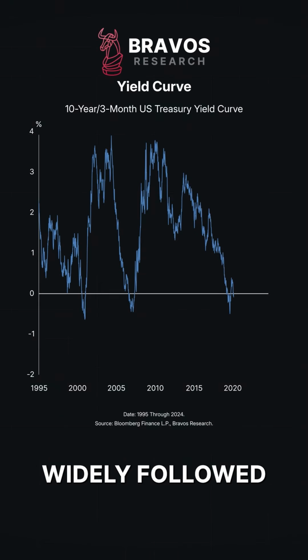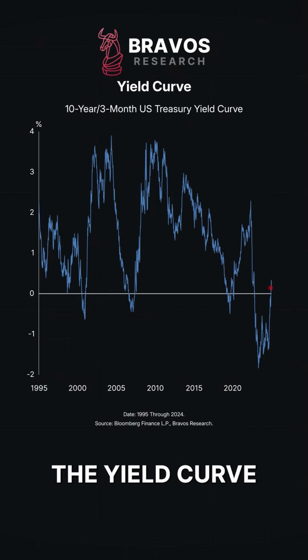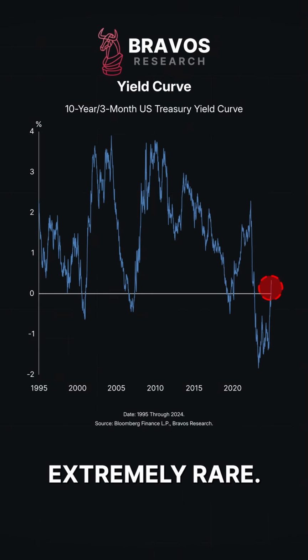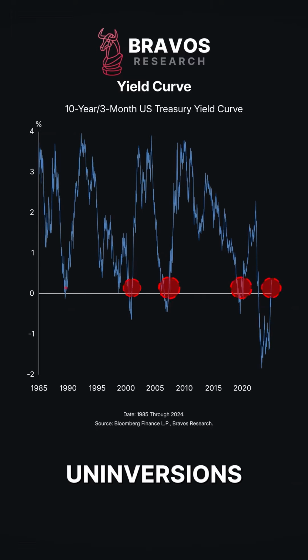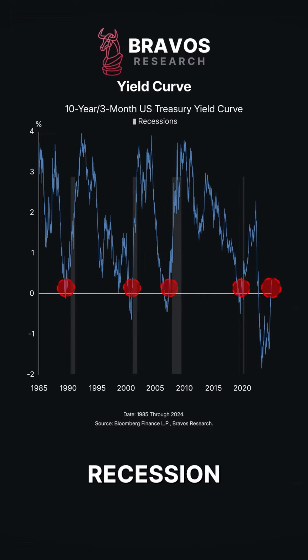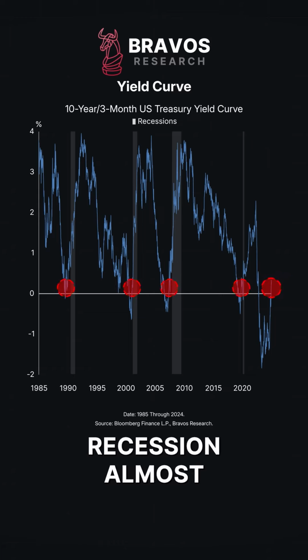One of the most widely followed versions of the yield curve has just done something extremely rare. It's done what's called an un-inversion. Throughout history, these un-inversions have been flawless recession signals. Every time that this happens, something is going on in the US economy that makes a recession almost inevitable in